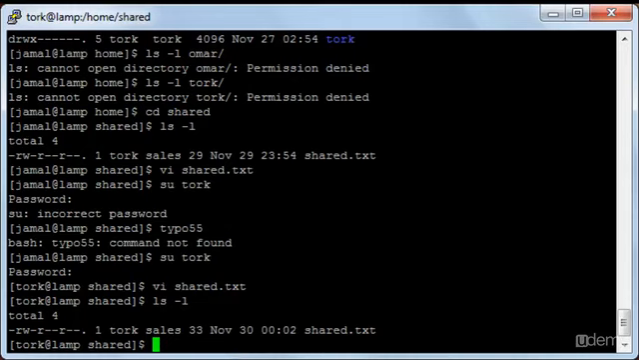Okay, now I want the user Jamal to be able to write in this file without changing this permission over here, because this permission is about the other users, and Jamal is one of the other users, but I only want Jamal to be able to write in this file but not other users. What will I do? I will add the user Jamal to this group over here, sales, and then change the